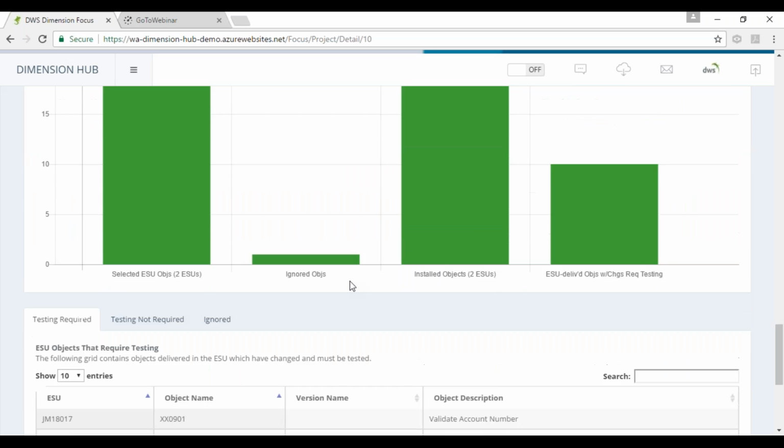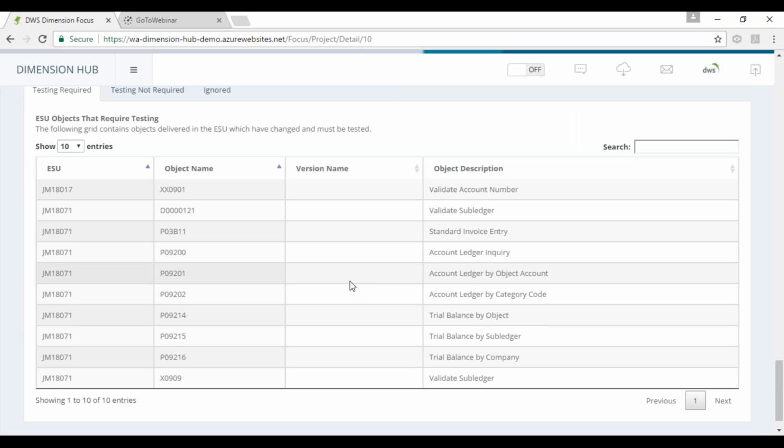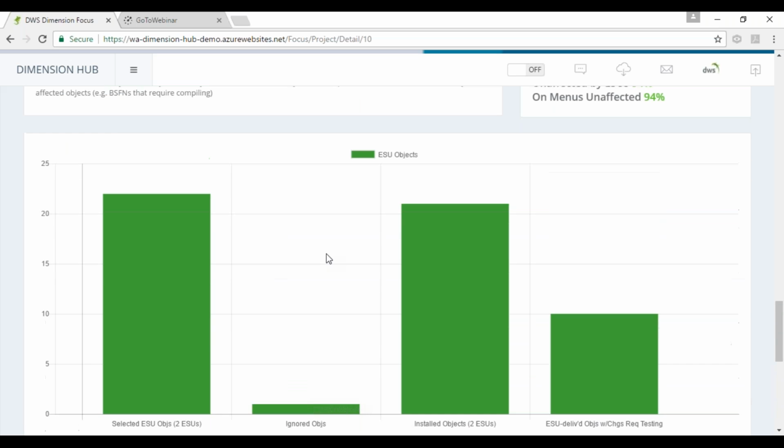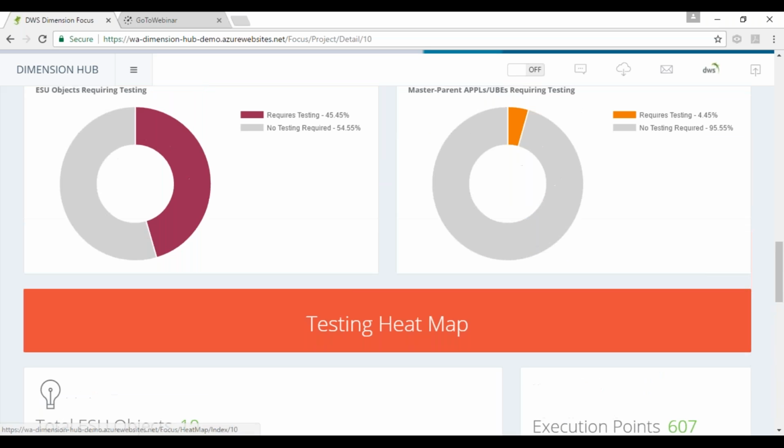So scroll down to the bottom, and I'll show you here. The information depicted in this grid is a listing of all the different objects that are part of a change event that we're going to embark on, and in which ESU they actually apply. This information you can easily get from the CNC guys, and they could extract and give it to you. What I want to focus your attention on, like David was saying, is that there is a business function, a data structure, and a couple of applications. But which object has been affected? Where do my users have to go? So to get that